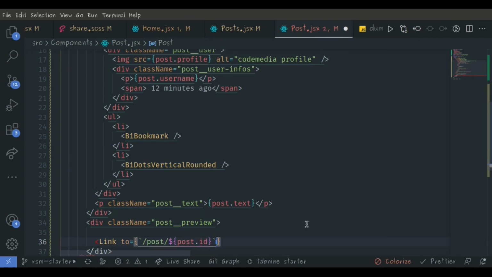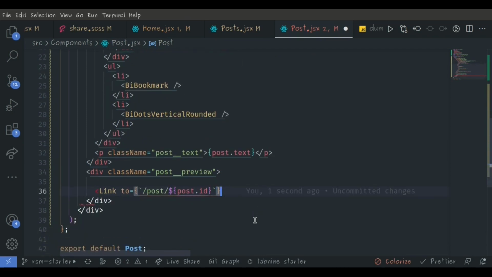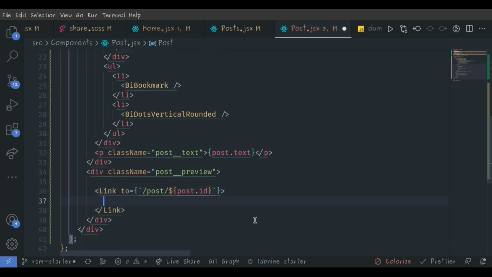Then after this, you are going to render an image which is going to say src, and the src is going to be post.image, and I'm going to give it the auth, which is just going to say code media post. And when you're done with it,